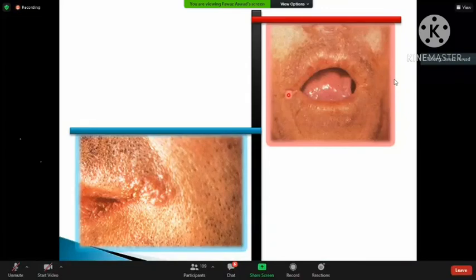Another disorder that may occur on the lip is actinic cheilitis, which mostly affects the lower lip, and is going to be manifested either as atrophic changes with associated erythema and leukoplakia, and sometimes there will be thickening of the epithelium.